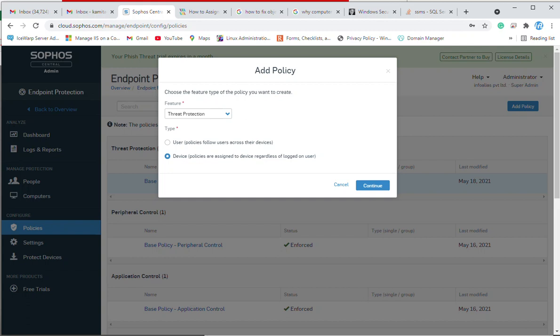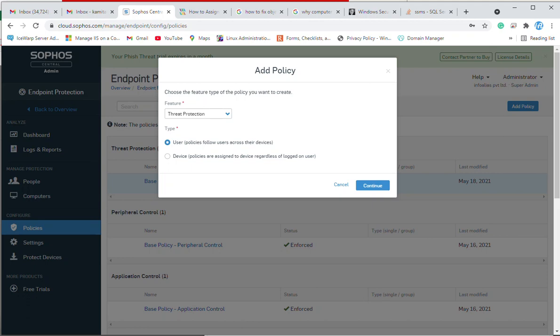If you want to configure the threat protection based on users or devices, you can specify devices as well. Regardless of the logged-on user, the policy will be applied to the complete device, whereas if you select the user option, the policy will only apply to the specific user which you want to enable it for.